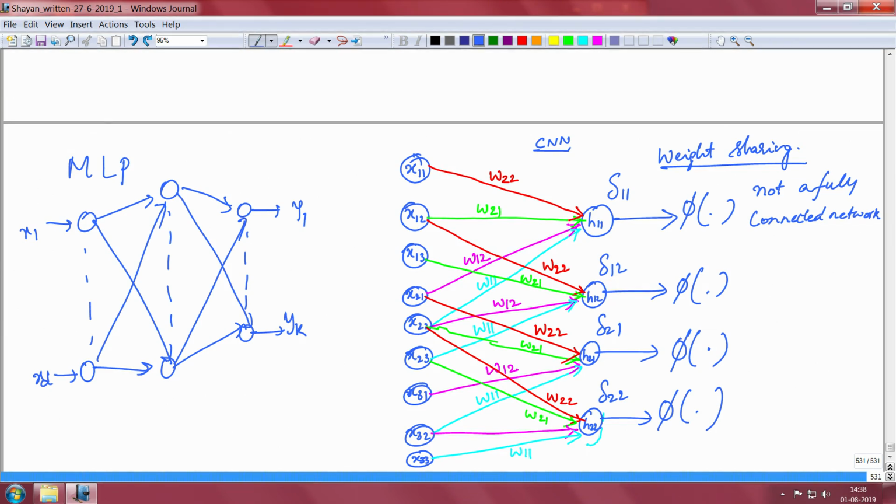So, let us see how it is computed. At this point, at the node x11, the local gradient would be computed as follows. We have to take the local gradient from the previous layer, weighted by the parameter connecting this node x11 and the h11 node. Therefore, we write delta 11 weighted by W22.